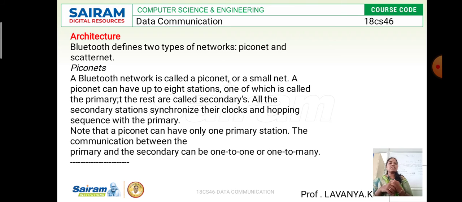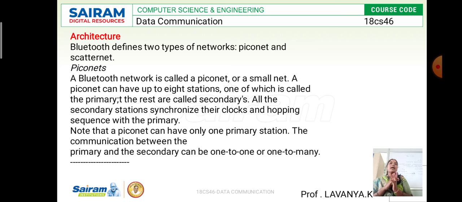The Piconet offers the technology with the help of which data transmission occurs based on its nodes. The nodes here consist of two things: one is the master node and the other is the slave node. The master node sends the data, and the slave node receives the data, so that data transmission can occur by using ultra frequency as well as radio wavelength. Based on this, data transmission happens in the Bluetooth architecture.